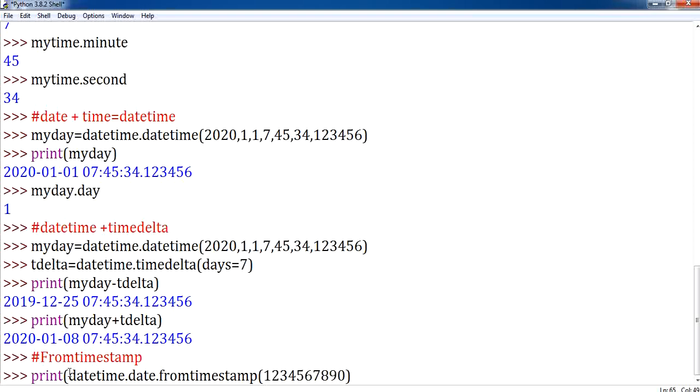Here this particular time is not in a readable format. If you want to convert this time to a readable format, I want to convert this information as a date format.